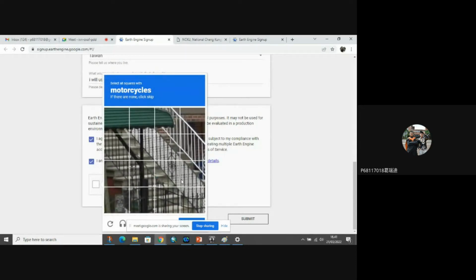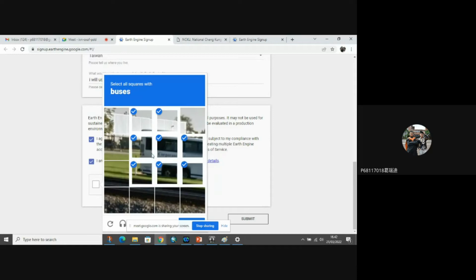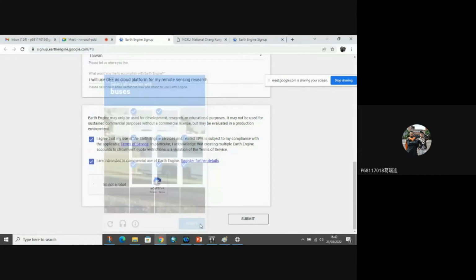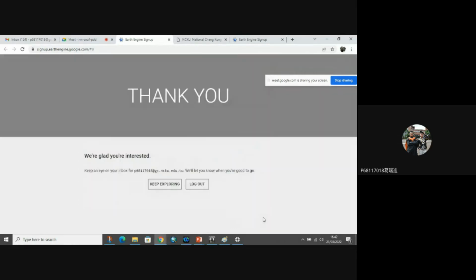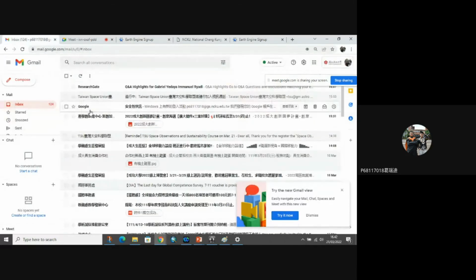Motorcycles. I think there are no motorcycles here. Buses. Check everything that looks like a bus. Verify and submit. If you get these notifications, you have to do the verification through your email.